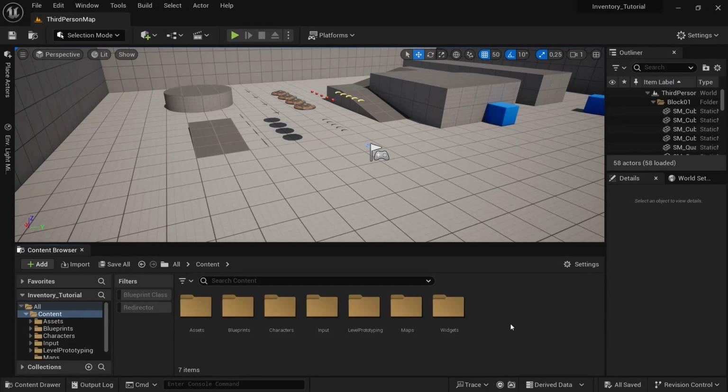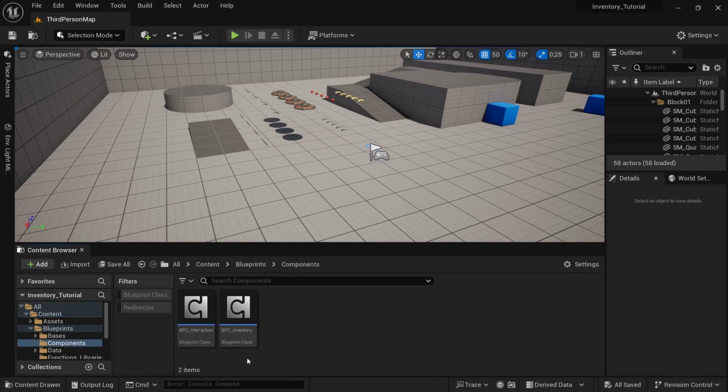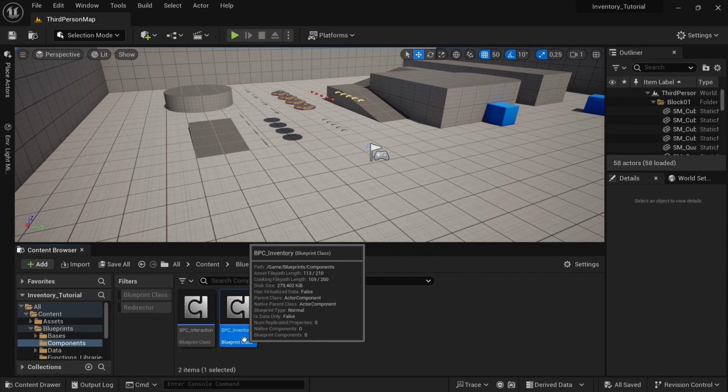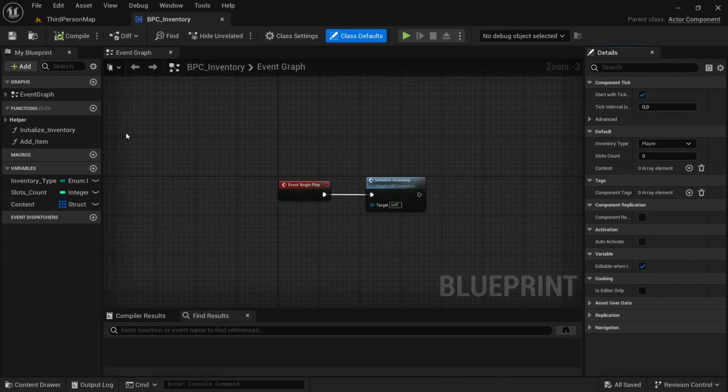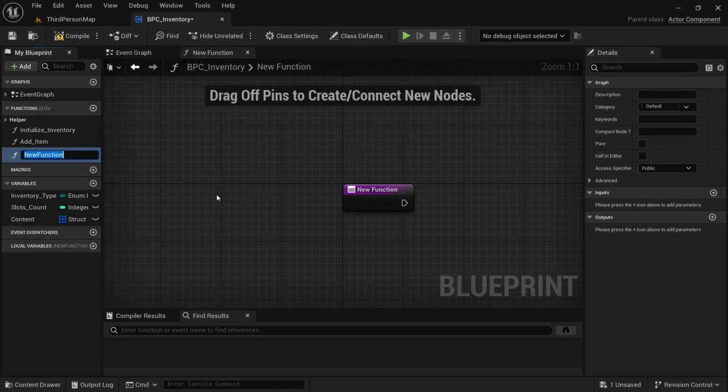Okay, so first we need to create a function to decrement the amount of a slot. So for that, let's open the inventory component. Let's go here to the components folder and open the BBC inventory component. So here we need to create a new function. For that, let's click on this plus icon here, and we'll name this function decrement slot amount, something like